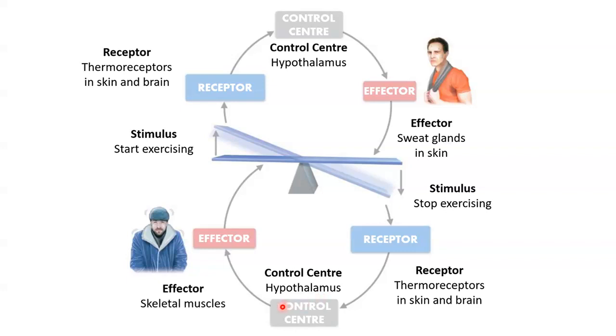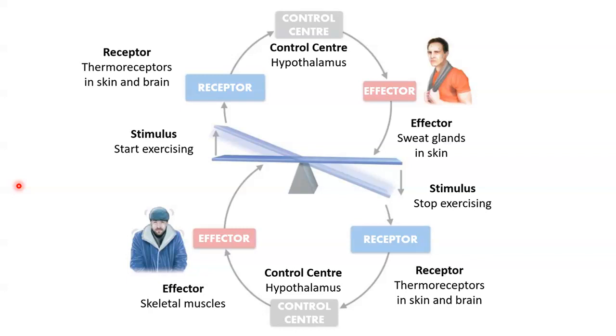This information then travels along our E for efferent, E for exiting pathway to our effector. In this case, our effector is our skeletal muscle. This allows a person to start shivering. The shivering creates heat, and the person's body temperature will increase. And so this is just one example of a negative feedback loop within the body. Negative feedback loops are the most common type of feedback within the body,